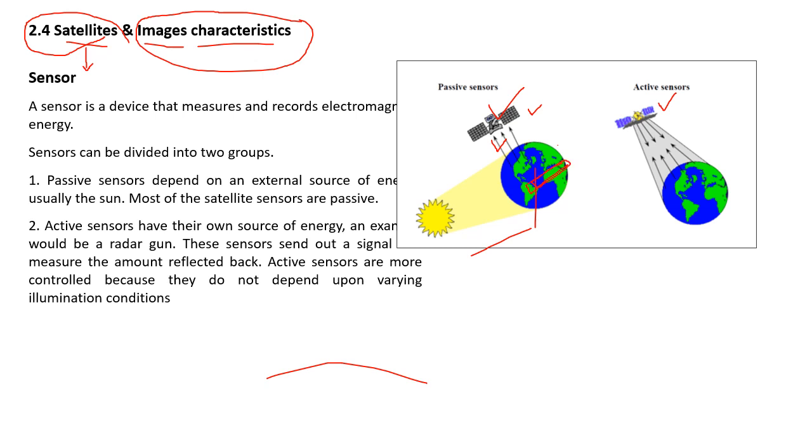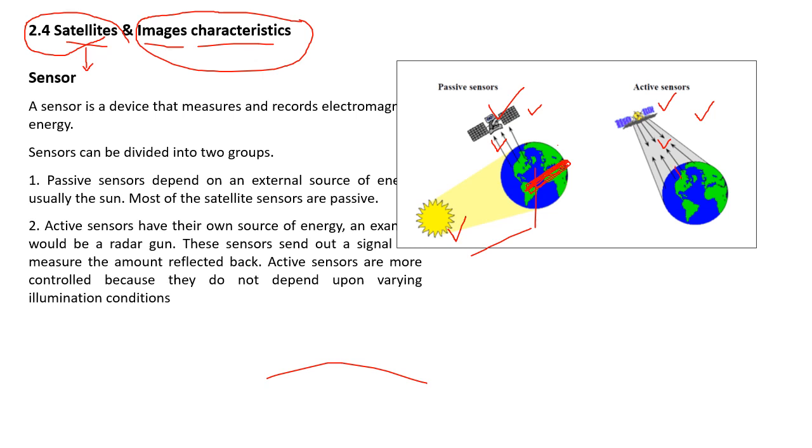So because of this hindrance, you cannot go for remote sensing. Then what people did is they developed the active sensors. Active sensors are not dependent on the energy. I mean, during night also, you cannot go for passive remote sensing. So what they did is they developed the active sensors, and these active sensors